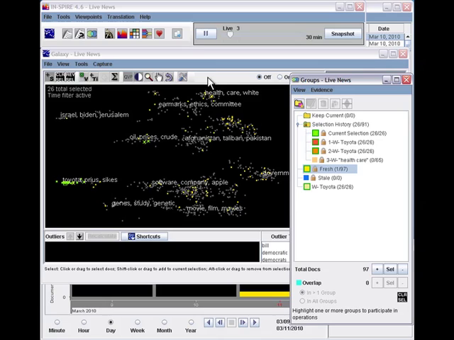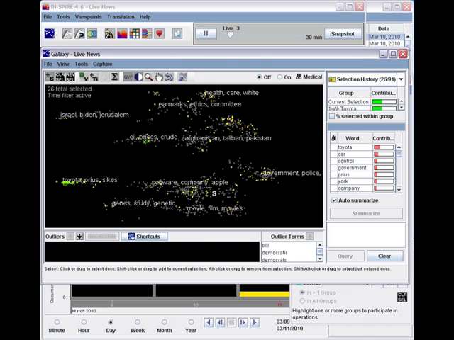Now, if you decide that you get to a point where you want to keep a view that you have, you want to keep a current set of documents, because remember, in this case, it's only going to keep 3 days worth of documents, and it'll throw away the documents older than that. What you can do is make a snapshot,